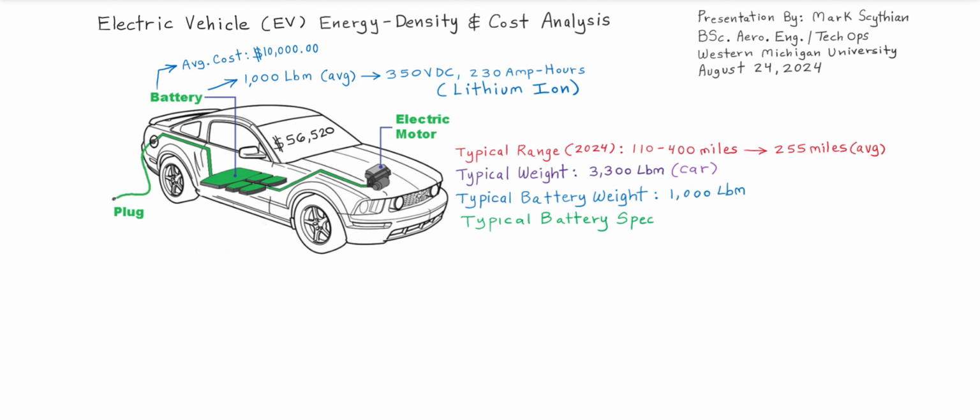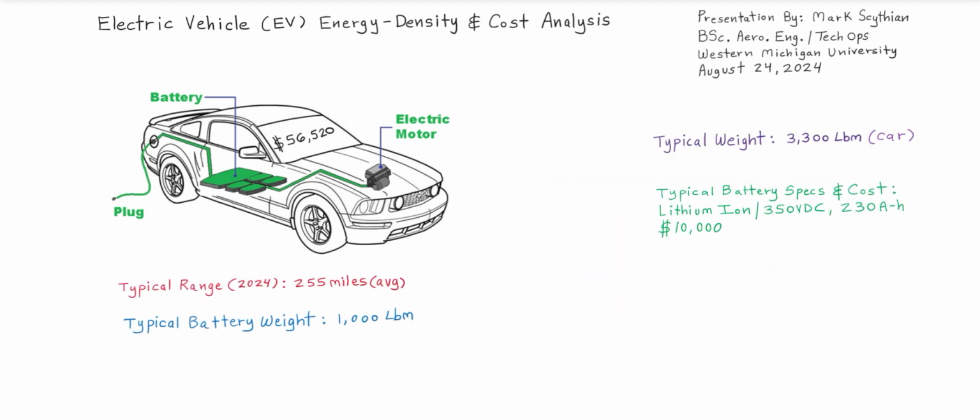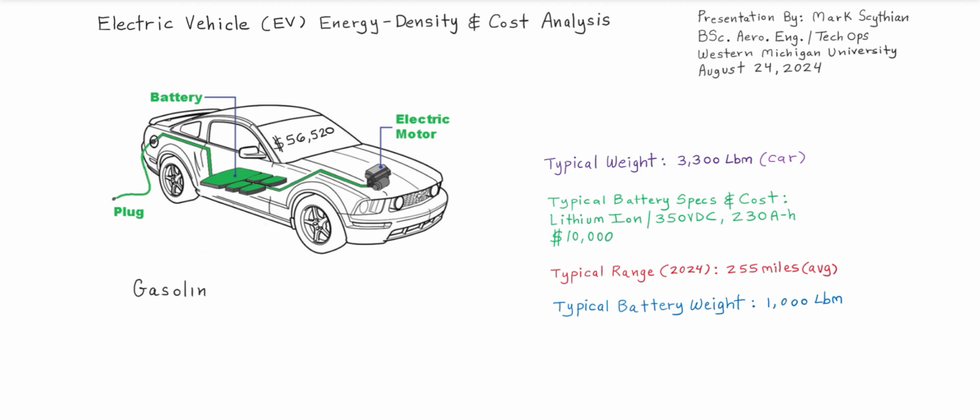And then our typical battery specifications and cost, including the lithium ion polymeric cluster having 350 volts DC and 230 amp hours. So that is as if the battery is discharging its total current capacity for 1 hour. Then we have to switch gears here to the potential energy per 1 US gallon